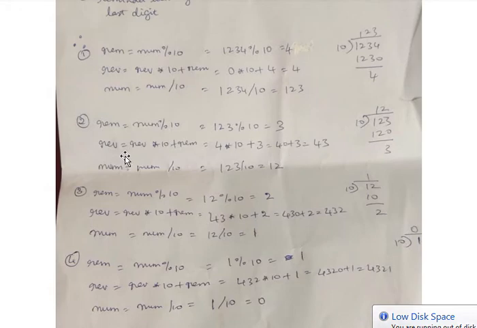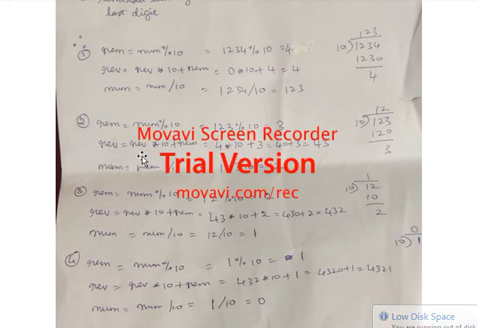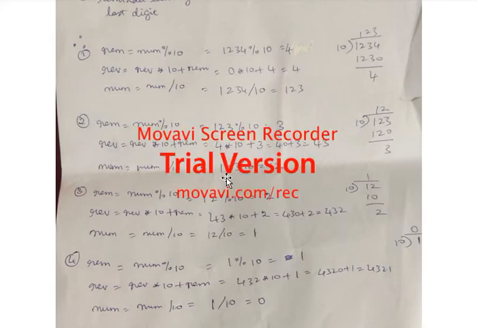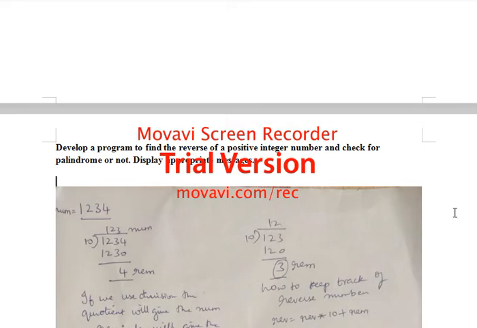Then we have REV, that is the reverse, and we compute reverse into 10 plus the remainder. Previously, what was the reverse we got? 4. So 4 into 10 plus the remainder, which here is 3, so 40 plus 3, that is 43. And the number is number divided by 10, that is nothing but 123 divided by 10.